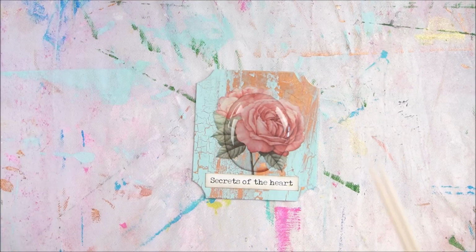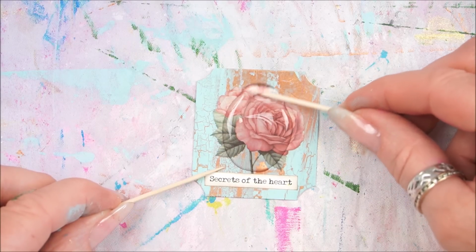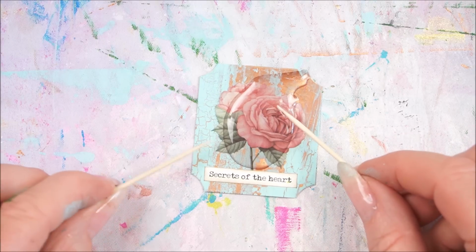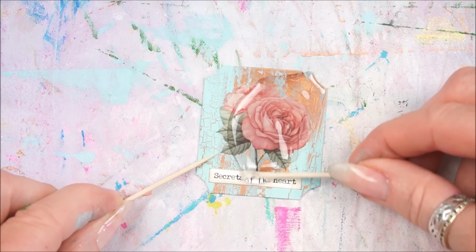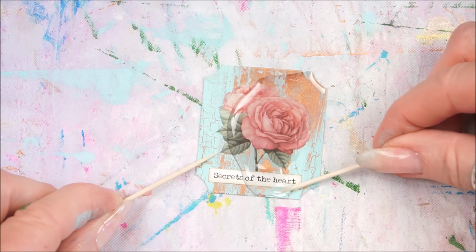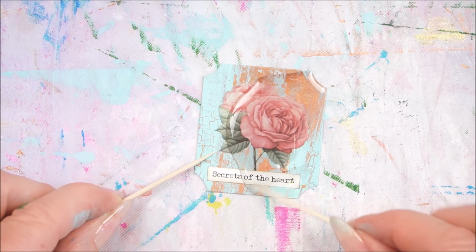I should really be wearing gloves, but I'm not going to touch it. I've got two little cocktail sticks and I'm just pushing it round to the edge. I'm holding it with one and then just pushing round to the edge. Now if you saw my Let's Resin video the other day with the butterflies, little dingly dangly butterflies, this is the same technique. So it's just pushing it